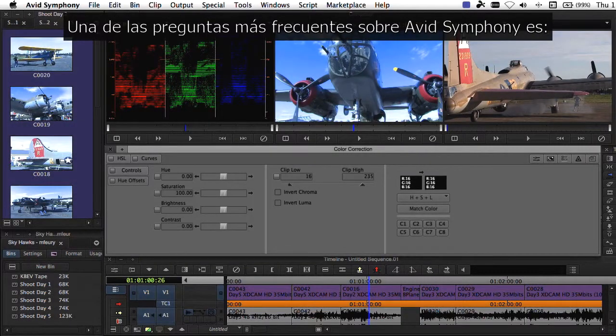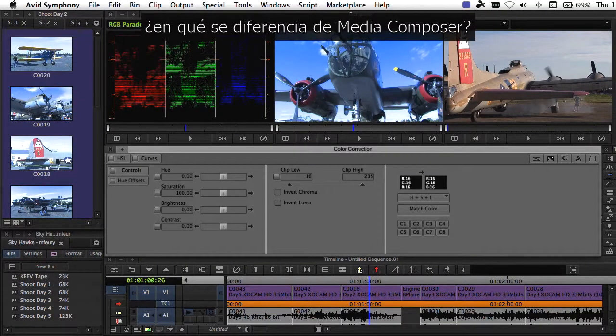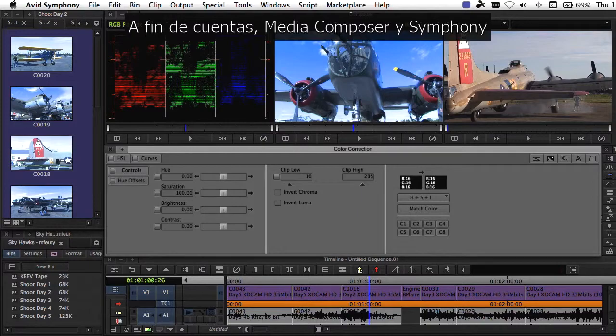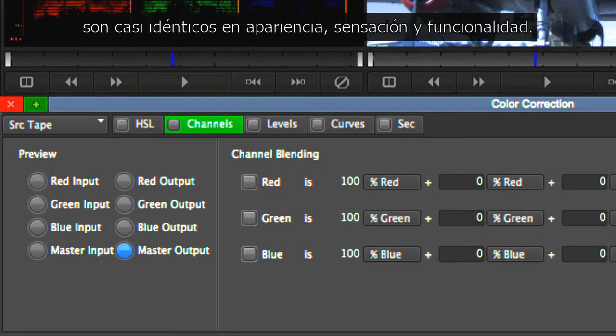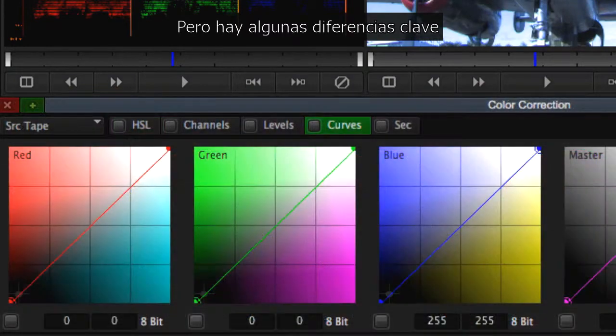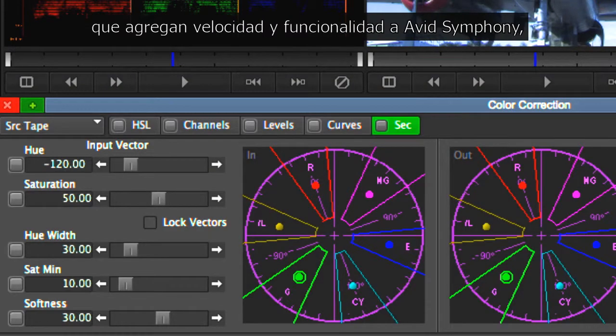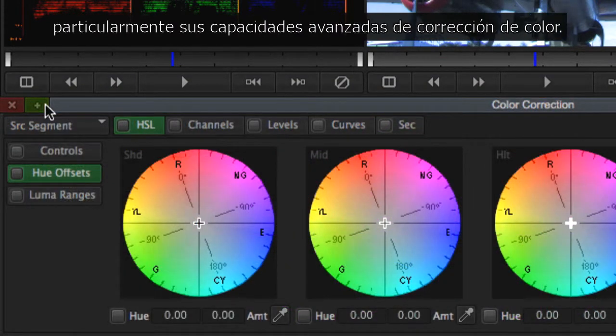One of the most frequently asked questions about Avid Symphony is, how does it differ from Media Composer? When all is said and done, both Media Composer and Symphony are nearly identical in look, feel, and functionality. But there are some key differentiators that add speed and functionality to Avid Symphony, most significantly being its advanced color